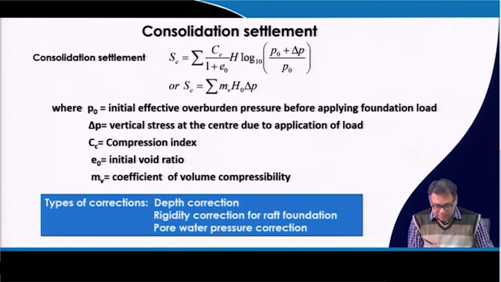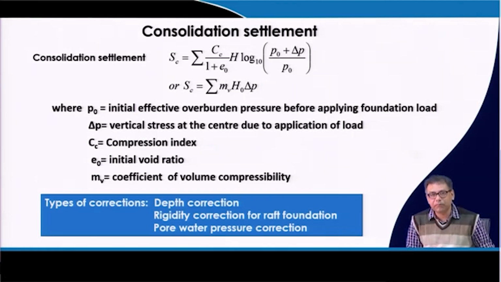So, Cc is the compression index and e0 is the initial void ratio. You know how to calculate the compression index: if you have the e-log p curve, then the slope of the straight portion will give you the Cc. These are the soil mechanics part, so you should know these things. Cc you will get from the odometer test. From this test you will get the Cc value and the e0 value, and then H is the thickness